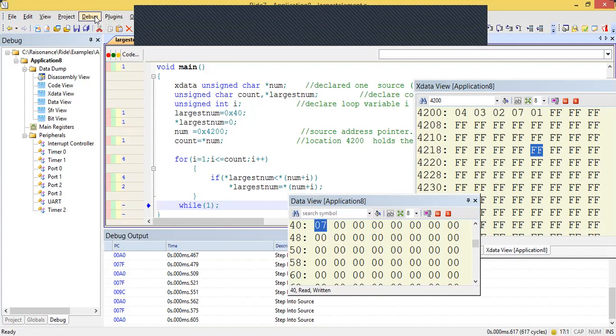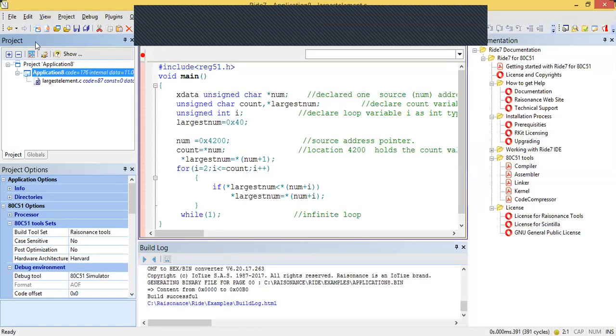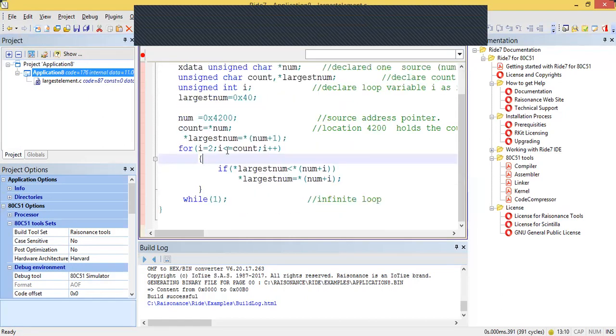And we can slightly modify the program. I already mentioned, instead of storing 0, you can store the first value. I'll show you how we can modify this program. Now you can see this is the editor window. In the editor window, I slightly modified the program like this. Instead of storing largest number equal to 0, here you can see the largest number is loaded with the content of num plus 1. That is the content of 4201, because 4200 is the count value and the first number is in 4201.